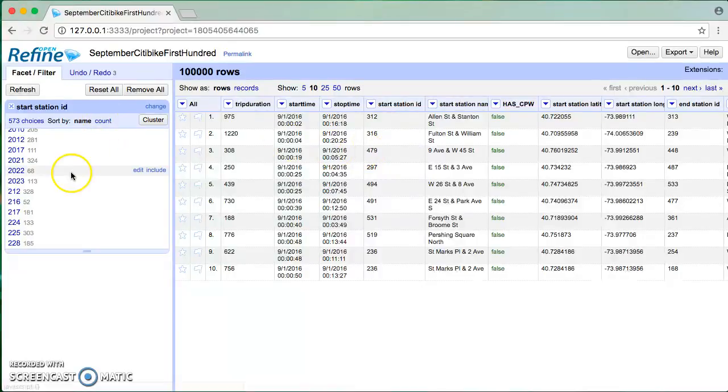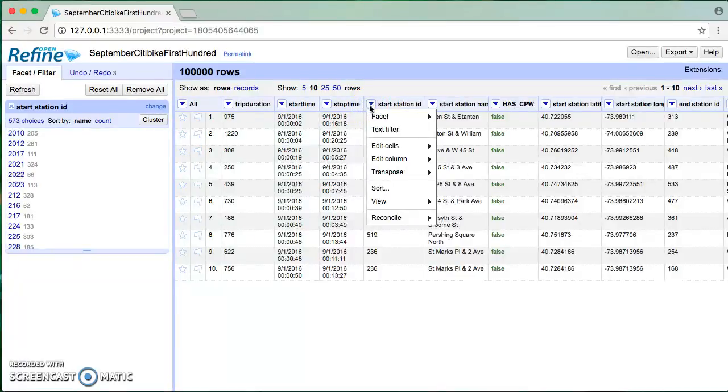What that means is that it's seeing numbers not as numerical values, but actually just as characters, right? And so that's why we see something that looks strange at first, when we expect this to be sorted by quote unquote name, where we see okay, 2000, but then we see that, for example, 212 is coming after 2023. Well, of course, that's because in string comparison, 20 comes before 21, right? So if we wanted to change that, we would actually need to change the data type in this column,